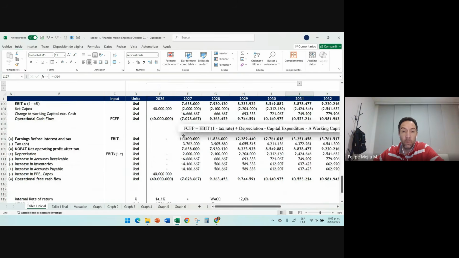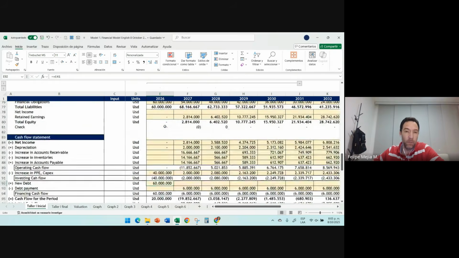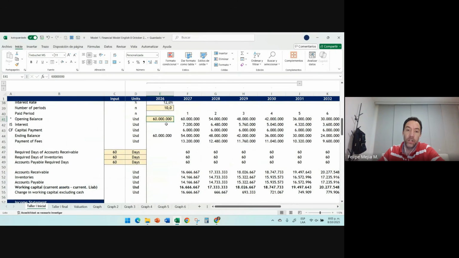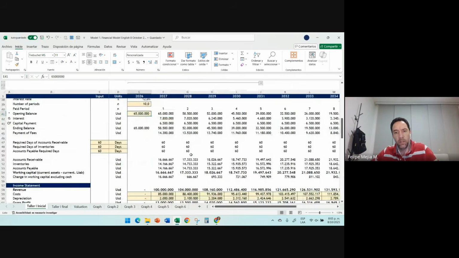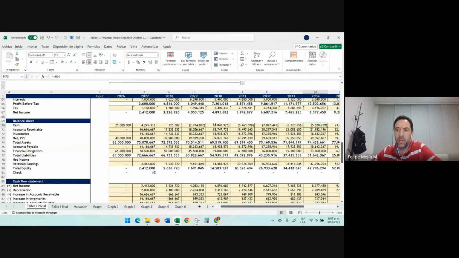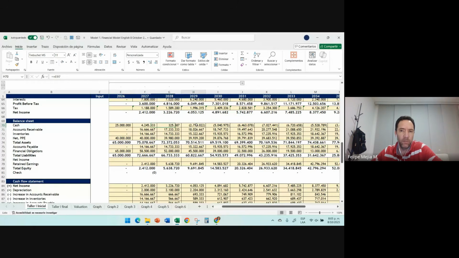Sorry, we forgot to add more debt when the company started using recurring capex, which might be a problem, because maybe we will need to ask for more years, or maybe a new debt in the future. So let me just check the amount of cash that we need. You see, we need to add more debt, but I'm not going to